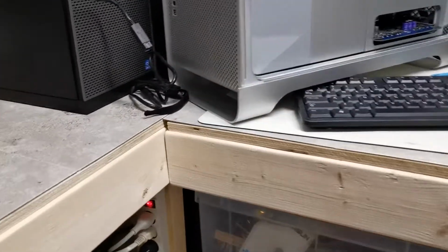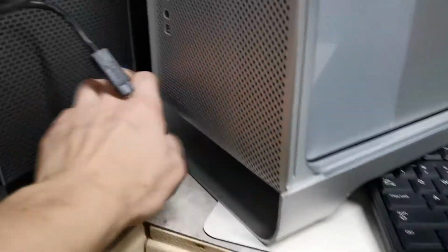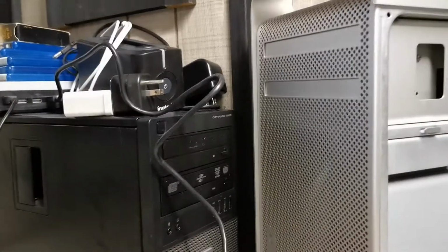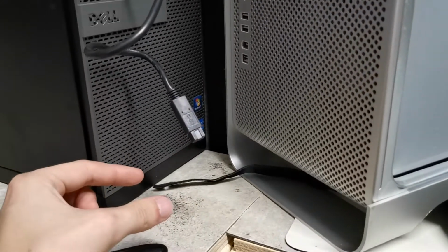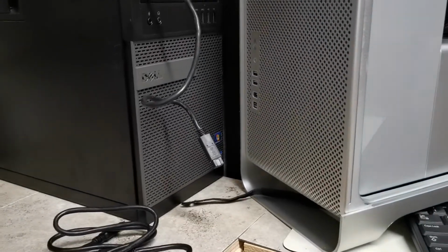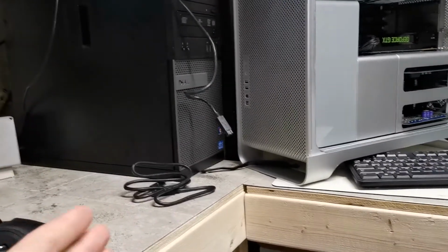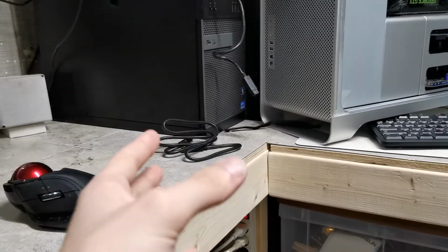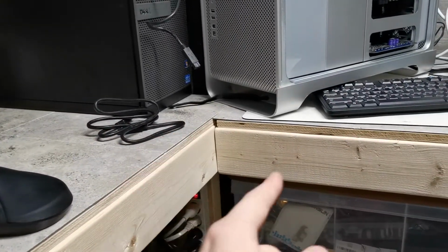Basically what I was going to do was make this gap over here between this thing here, I don't even know what to call it, and the desk. I was going to make that about, I think it was 4 inches or something, on purpose, because that would give me some room to run cables. It would give me room to attach my monitor arm. That was the idea. And then I do the same on this one. So that would not only keep it simple, but I wouldn't have to notch out the edge of this section